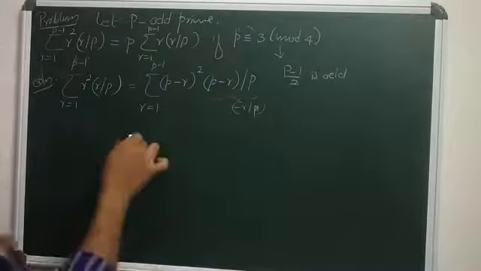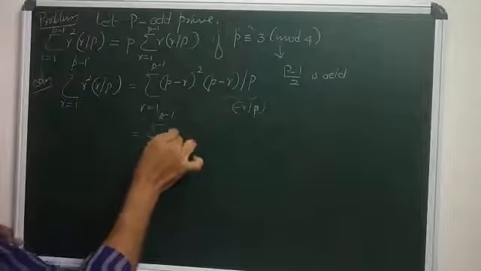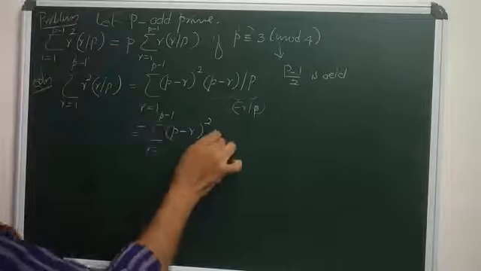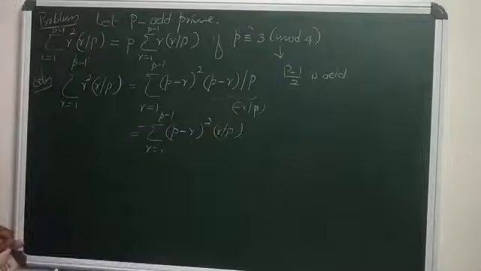Therefore this becomes the sum over r from 1 to P minus 1 of (P minus r) whole squared times minus (r/P). Take this minus sign outside, so that equals minus the sum over r from 1 to P minus 1 of